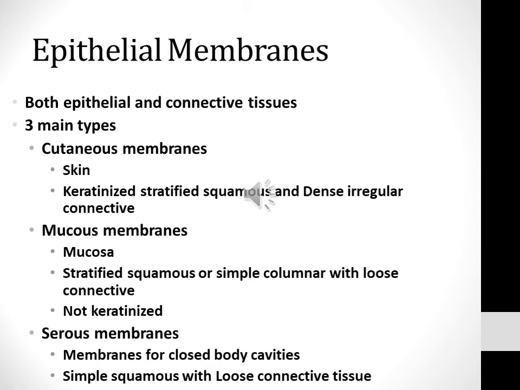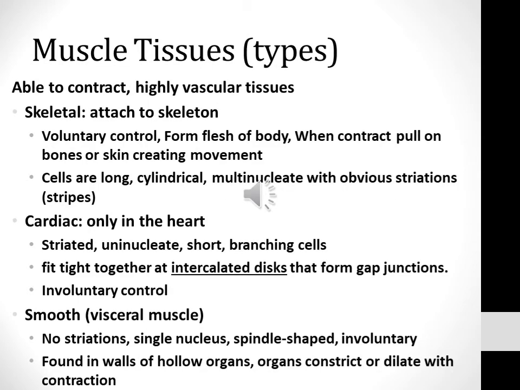Okay, so cutaneous is stratified squamous with dense irregular. Mucosa is stratified squamous or simple columnar with lamina propria, loose connective tissue. And your serous is simple squamous with loose connective tissue. So on the next slide, I'm going to show you some pictures for comparison, but we're going to talk about